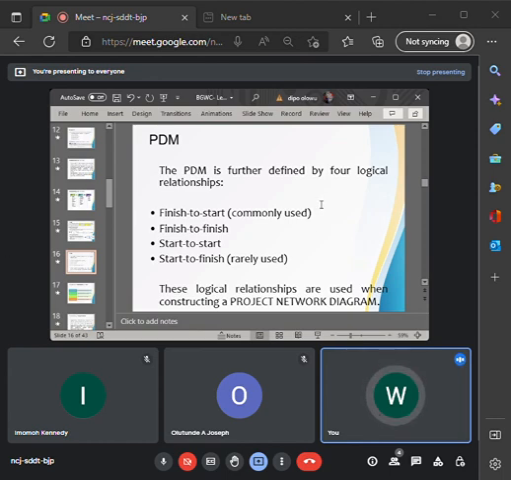in our precedence diagramming method, we simply have 4 types of logical sequence. As you can see on your screen, we have the first one, which is the finish to start. And it is noted here, it is the most commonly used sequence. You have the finish to finish, you have the start to start, and you have the start to finish, which is rarely used. Any of these logical sequences can be used when constructing your network